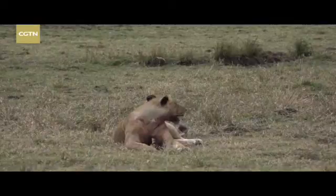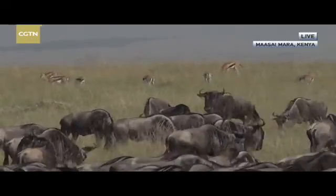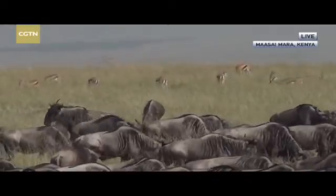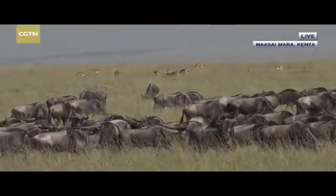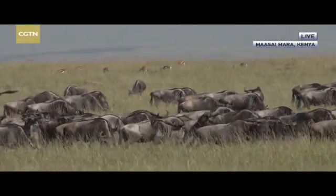It's very interesting to me how few times I've seen prey fight back, and I think that if they managed to gather themselves together and fight back against their predators more often, I think that the predators would starve quite quickly. Thomson's gazelles at the back there, they are the last of the migration herds, and they're supposed to be around about